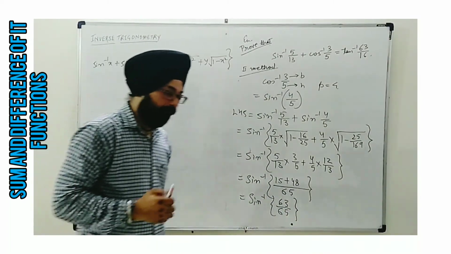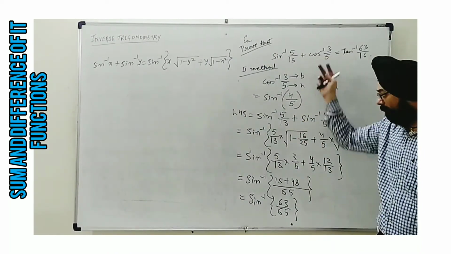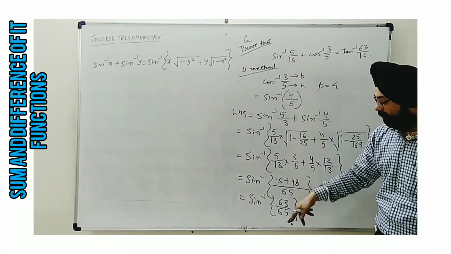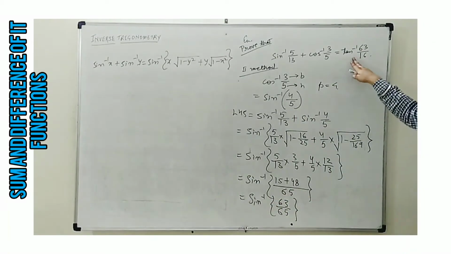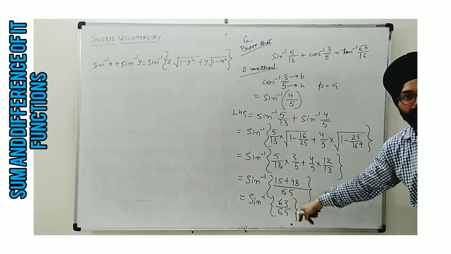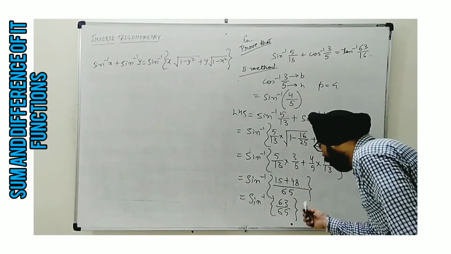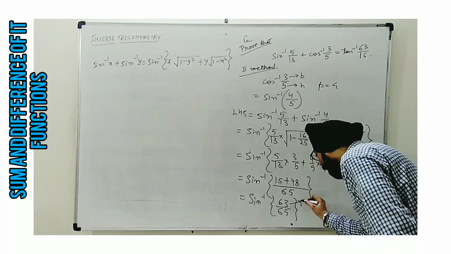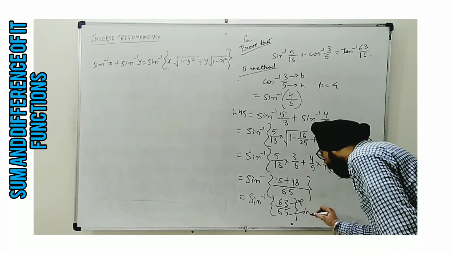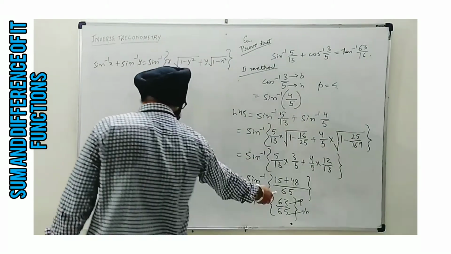Now this is the step about which I was speaking. We converted both of them in sine inverse, simplified, and obtained the result in sine inverse form. But the requirement in the right hand side is tan inverse form. So here we need to apply Pythagoras theorem once again. Okay, now this is sine inverse, P perpendicular, H for hypotenuse. I need to apply Pythagoras theorem to find the base, as tan inverse will be taken with P upon B.